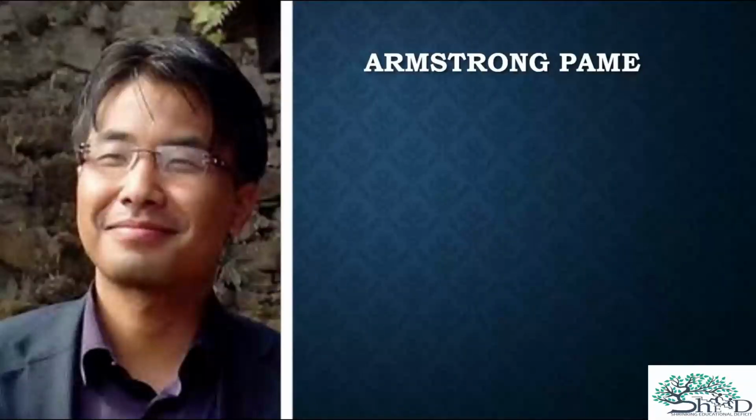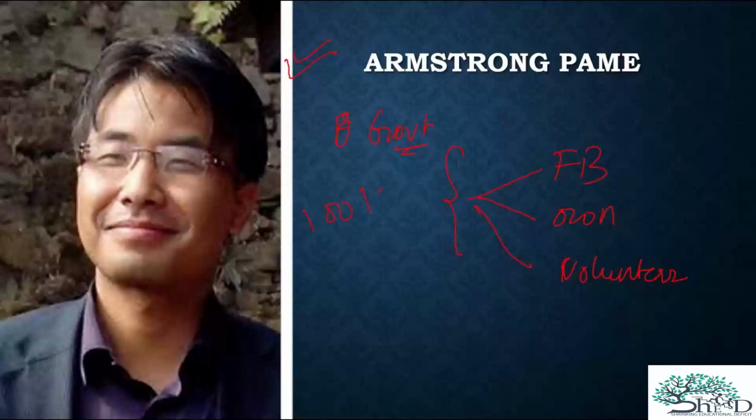Coming to the last reform administrator of the day, he is an IAS officer in the Northeast. In two words, he is known as the Miracle Man of the Northeast, because with no funds, he built a 100-kilometer road. Sorry, let me correct, no funds from the government. He crowdfunded, he put in his own money, and he requested people to volunteer. Three ways he did that. He crowdfunded through Facebook, he put in his own money and his brother's salary also, and then he requested people to volunteer their time. By doing this, he created a 100-kilometer road without any government funds.